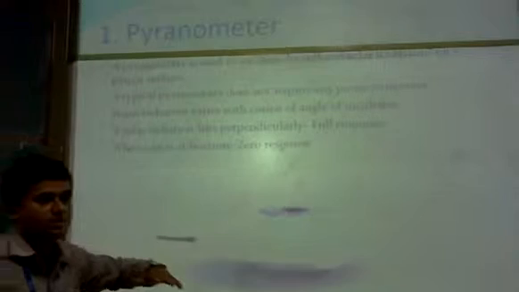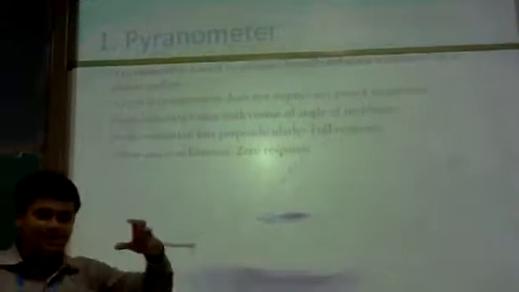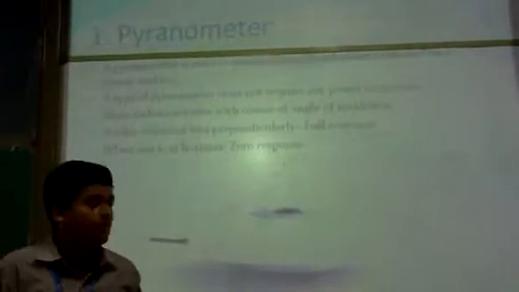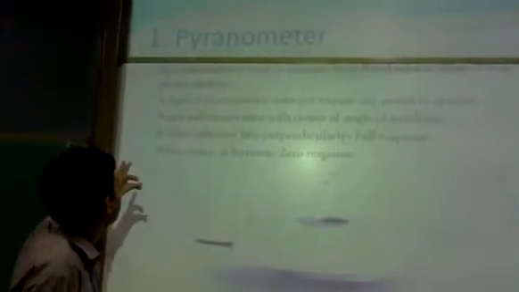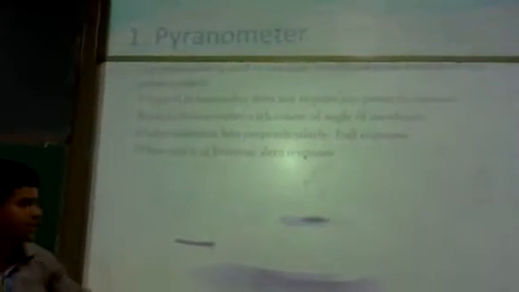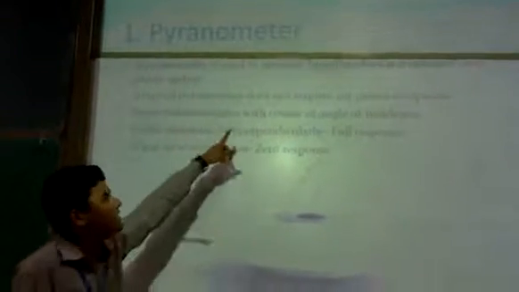So there are some examples of heat flux sensors in use. The first is the pyranometer. A pyranometer is a type of actinometer which is used to measure broadband solar irradiance on a planar surface. It is basically used to detect solar radiation. This is used in applications like solar studies or astrological studies. One major advantage of this pyranometer is that it doesn't require any power. It runs without any power.